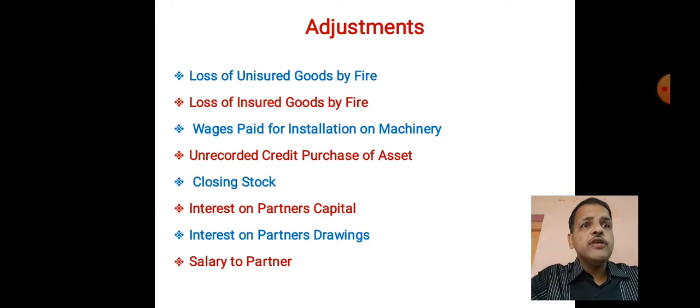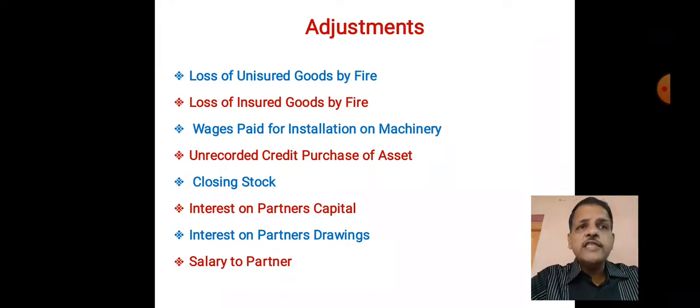16,000 is our insurance claim receivable, that we will show on balance sheet asset side. Now the difference between these two, that is rupees 4,000, should be shown on debit side of profit and loss account. Now instead of showing that 20,000 on trading credit by goods lost by fire, we can deduct it from trading debit from purchases.